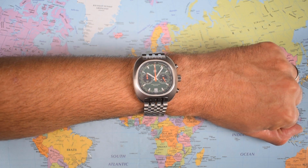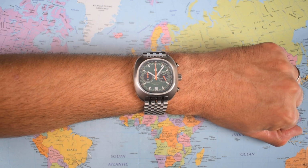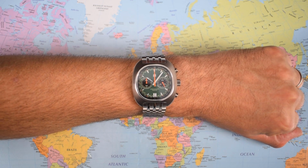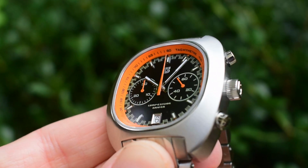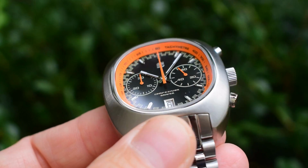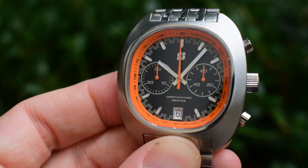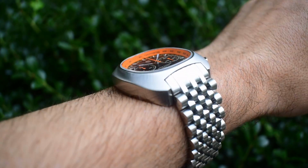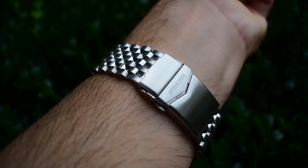All silver hands, maybe the silver on the grey would probably be the most legible, but this one not too bad. They do catch the light nicely, those high polished hands. And that's the same when you get this one outside into some natural light as well, and there looks like a reasonable amount of anti-reflective coating on the underside of that flat sapphire crystal. Bit of a wrist roll outside as well. You can see the light play off that 7-link Jubilee bracelet,